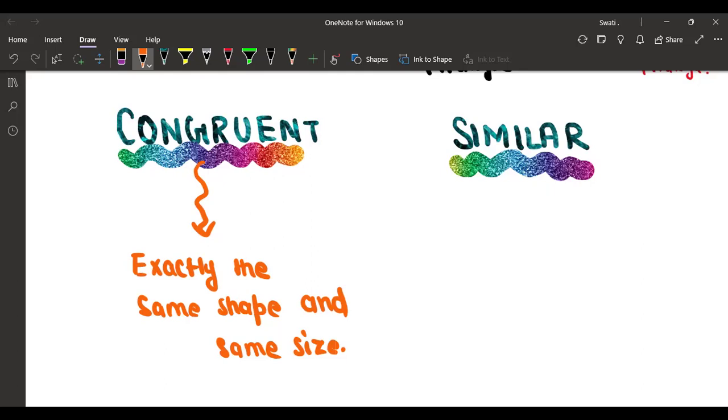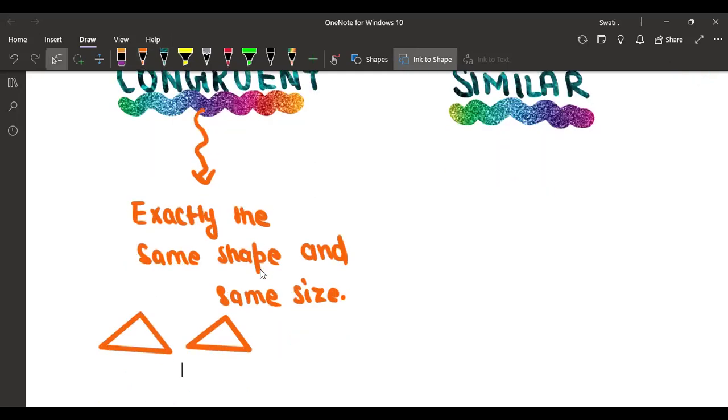So if I draw a triangle here, let's say, and if I draw exactly the same triangle without changing anything, same side, same shape, same angle, same sides, then such figures are called congruent figures, right? Correct? Yes. Because this chapter is on triangles, so we are saying congruent triangles, but it does not mean that